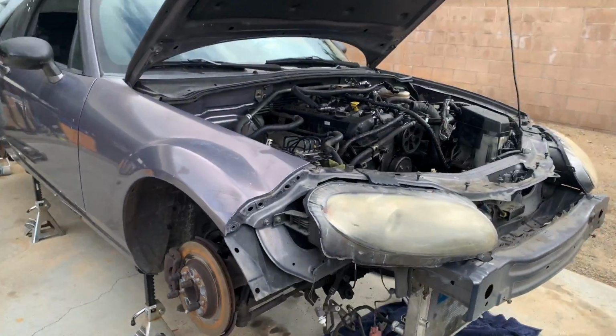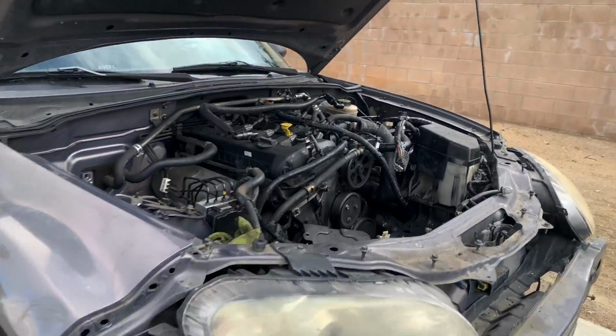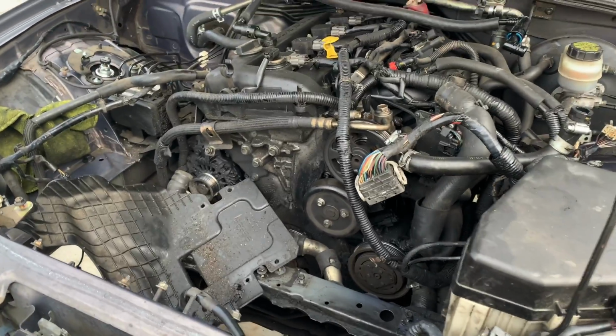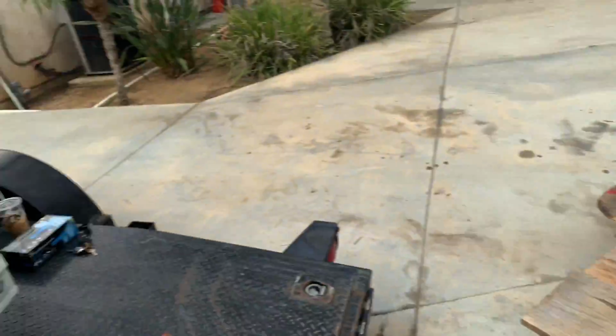So now I will be able to drop the motor. I wanted to show the process that I use. Some people obviously use a different way. You can have a 2-post lift, but the way that I did that worked out really well for taking the